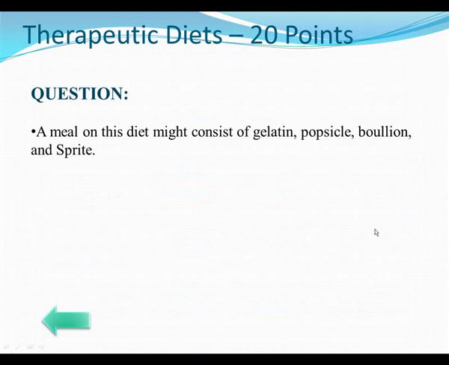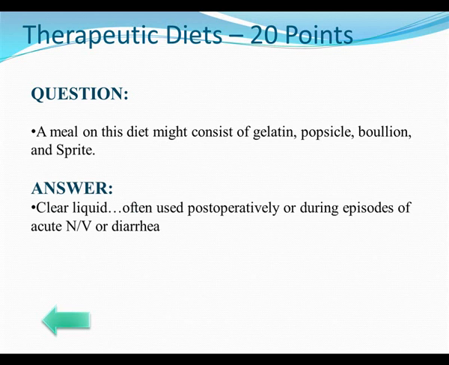A meal on this diet might consist of gelatin, popsicles, bouillon, and Sprite. Those of y'all that have worked in the hospital have seen this meal before. It's just not very appetizing, but our patients get it when they're on a clear liquid diet. Most often, these are post-op people who are trying to start back on a little bit of food to see if they can tolerate it, or somebody that's got nausea and vomiting, or diarrhea, and we don't want to give them anything that's going to aggravate the situation, so we may give them sips of